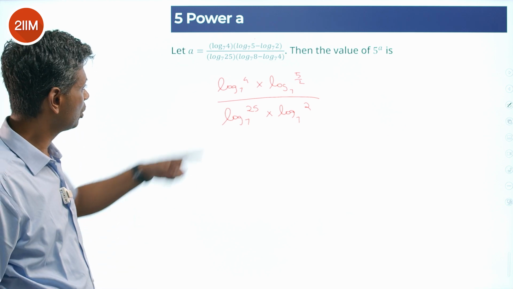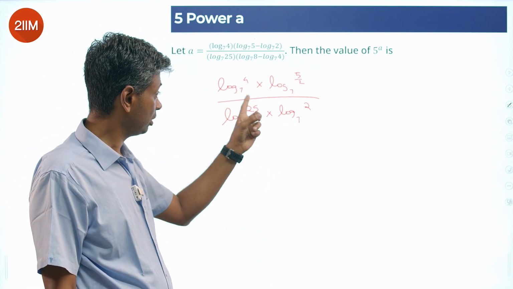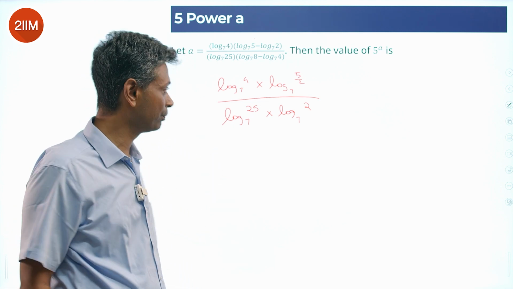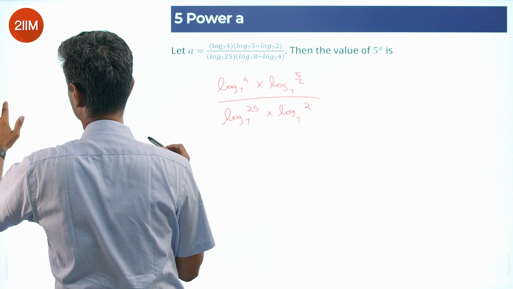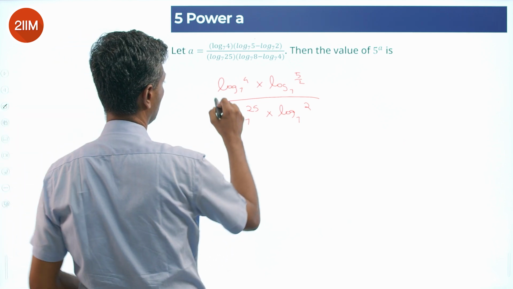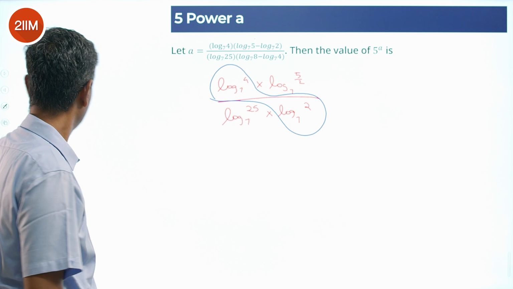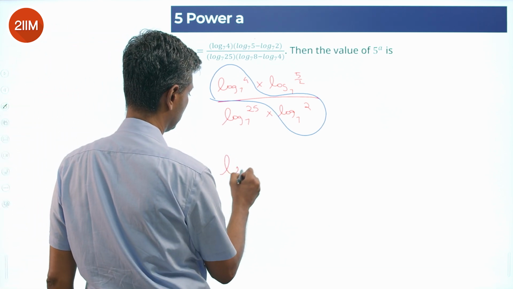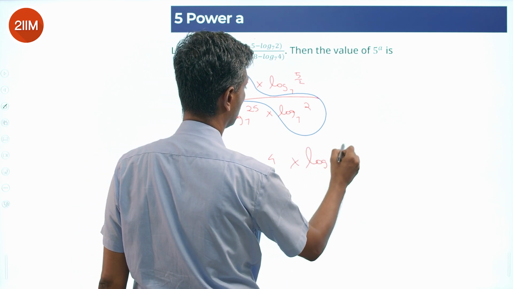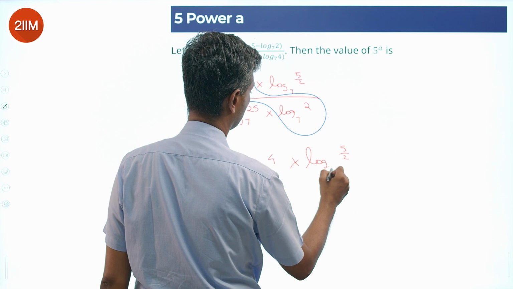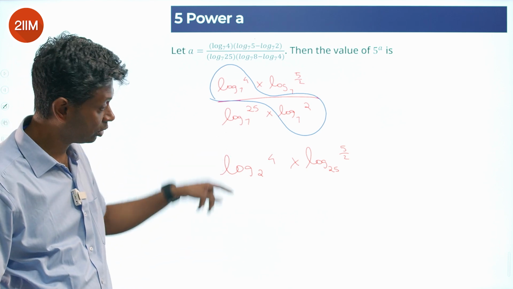Very interesting. So log 4 to the base 7 by log 2 to the base 7, I can combine these two. Log 5 by 2 to the base 7 by log 25 to the base 7, I can combine those two. So if I group these two together and group those two together, then this is log 4 to the base 2 into log 5 by 2 to the base 25. Then I'm through. Log 4 to the base 2 is 2